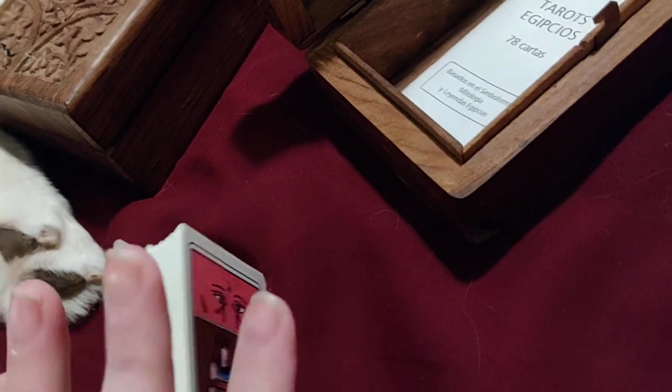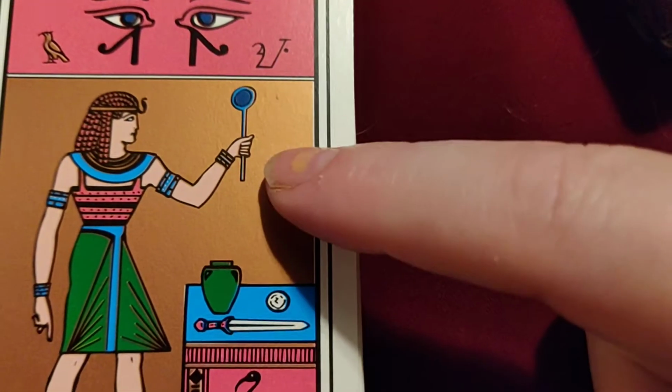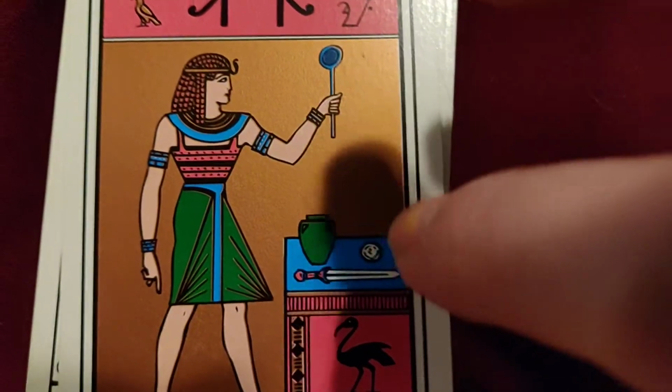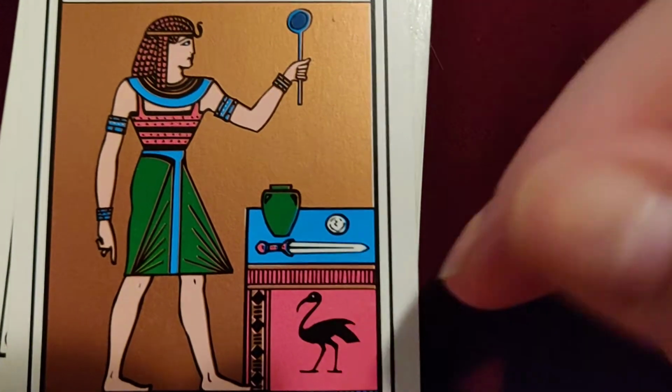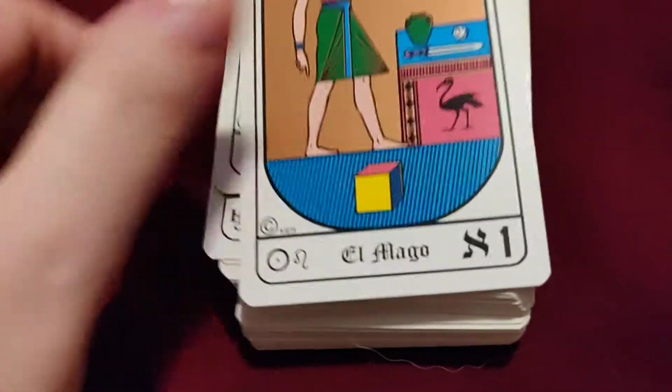It gives you, I think, a little sort of instructions. Now, this is very important, because it doesn't say that it comes directly from the Book of Thoth or the Egyptian Book of the Dead, like most Egyptian tarots will tell you. But it is Egyptian themed and Egyptian based, in the sense that you're going to see. It has the magician, again with a magic wand and something perpetuating the other symbols in the cards. Although the minor arcana, you're not going to see them like that: the scepter, the jar, the pentacle, and the sword. And as you can see, it starts with a mage, El Mago,